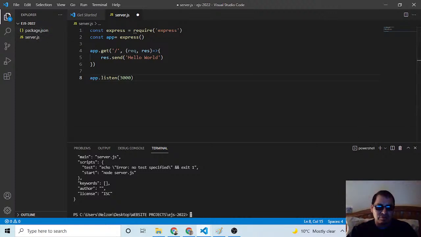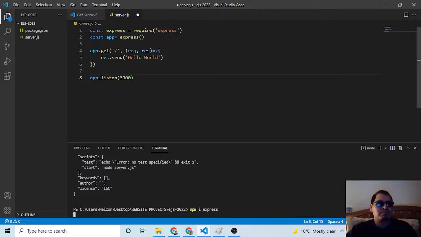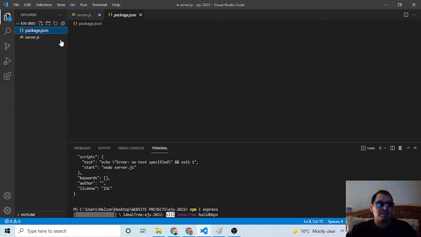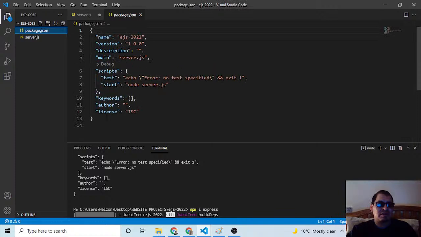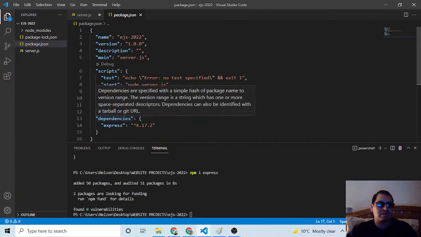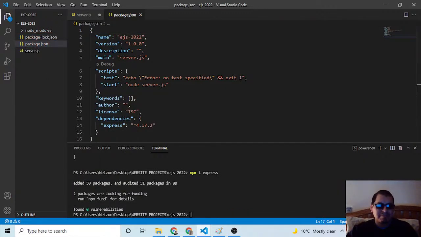I am going to now npm install express, that I'm going to use it, and this is a dependency. It's gonna come up here soon. Okay, dependency express.